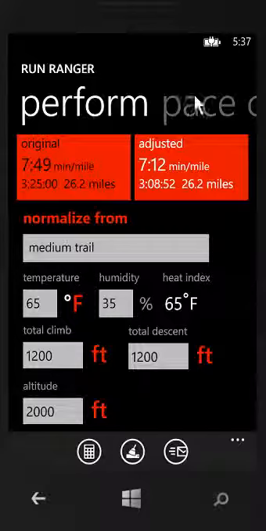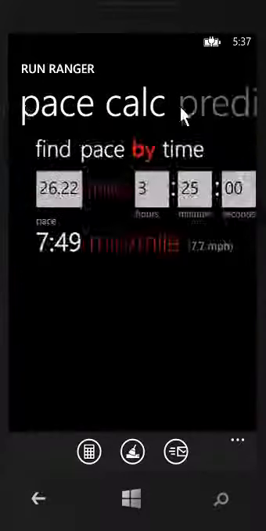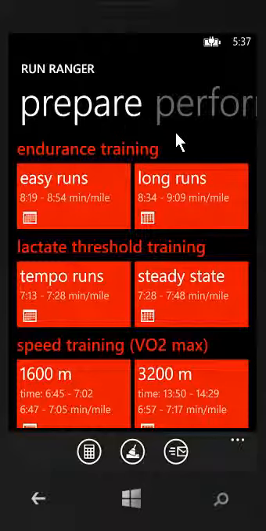And before I finish up here, I want to show you the final piece of information that I put into Run Ranger. A lot of my friends, unfortunately, have iPhones or Android phones and don't have access to an app like this. They have been asking me, hey, what does your app say that I'll run for this race or that race? Or how quickly should I be doing my training runs? And so instead of sending them screenshots, I added a share button down here via email. So if you click that button, you will send them